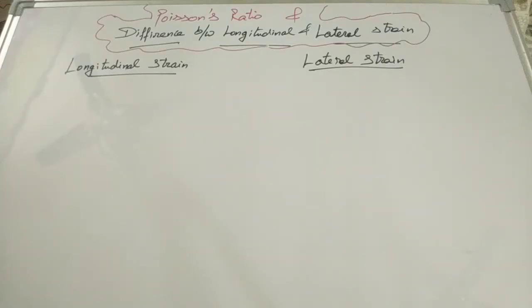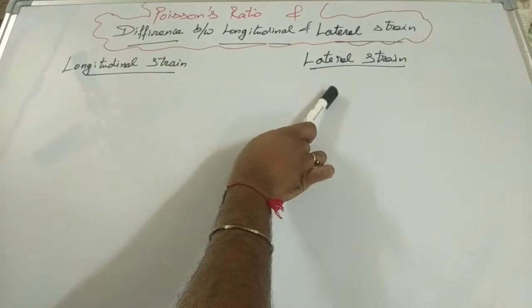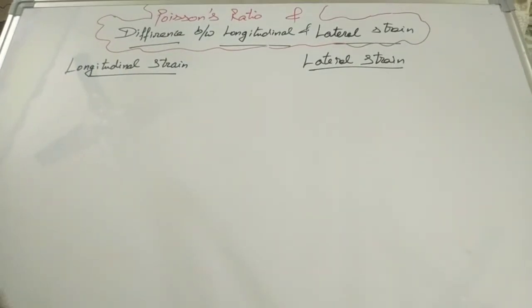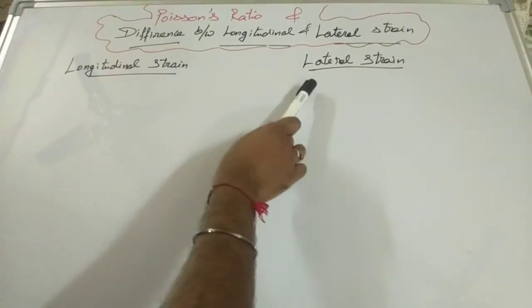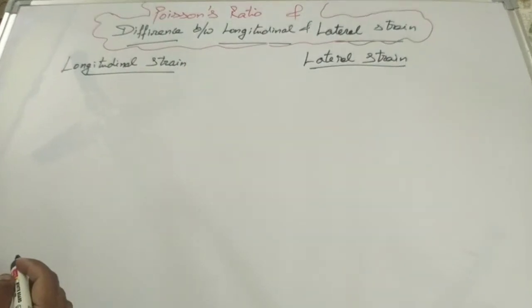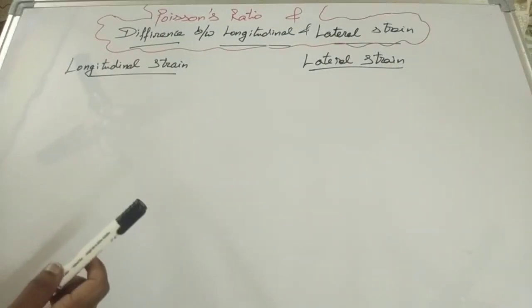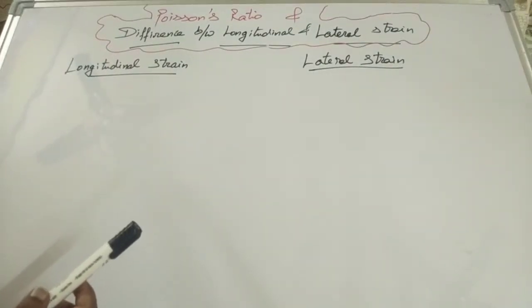Hi guys, this video lecture is going to be very knowledgeable for you because here we'll discuss two important categories of strain, longitudinal strain and lateral strain, as well as the difference between both the strains. Also in the same video we'll discuss a term, the Poisson ratio of a material, which completely depends on both the strains. Clear guys? So to get that knowledge, kindly watch this video till the end.